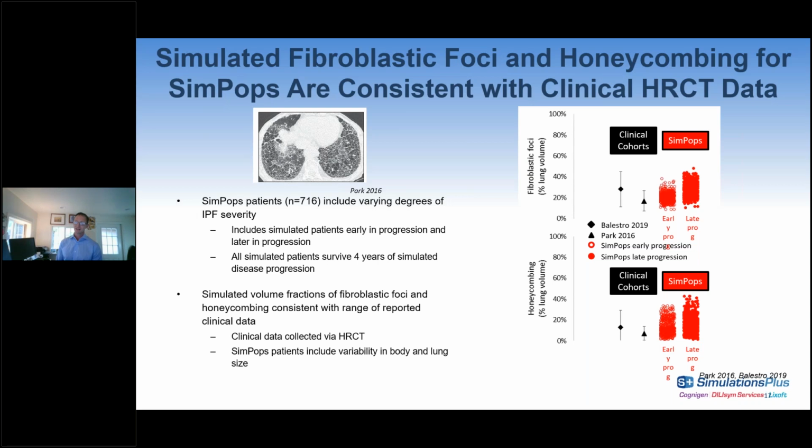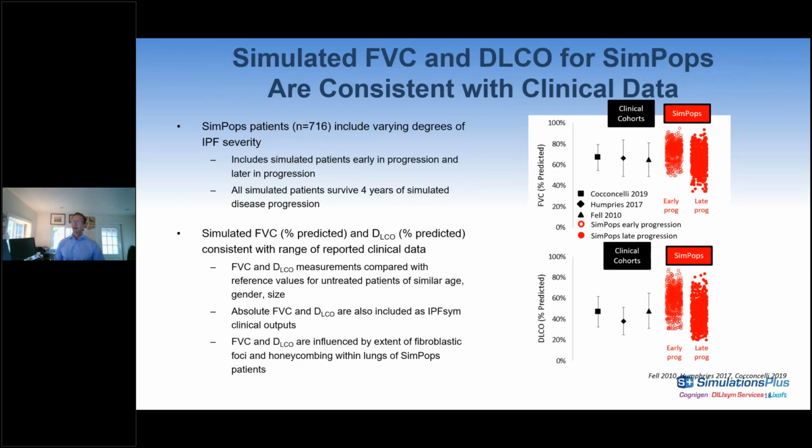You can also see, as you compare the two clusters of dots, as we consider patients that are early in the disease spectrum versus those that have progressed and are further along, that the volume of the disease state, be it the fibroblastic foci or the honeycombing, is increasing over time, and you can see that distribution shifting up, reflecting that progression. Again, nice validation that we have an appropriate range of both the honeycombing and the fibroblastic foci, two critical pathophysiologic and clinical components.